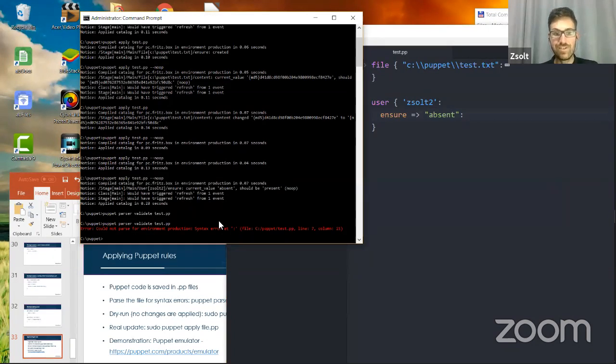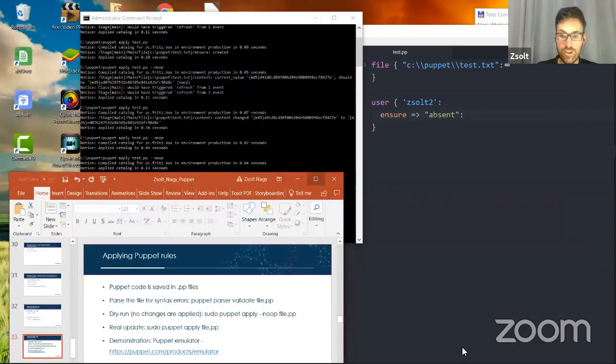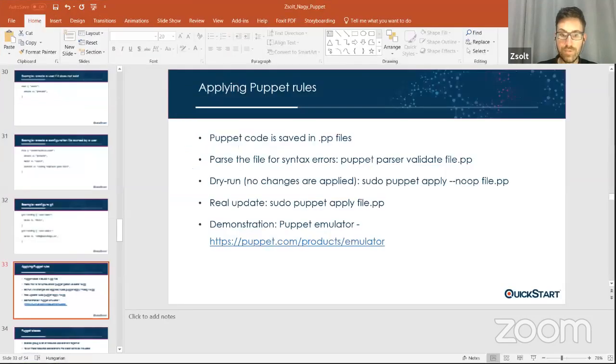And actually, this is the valid way of checking what is going on. So when you have a master agent way of communicating, on the Puppet master, you check the syntax of the Puppet file. And on the Puppet agent, first you dry run it, and then you run it if the dry run succeeds. This is the normal way of executing Puppet updates.